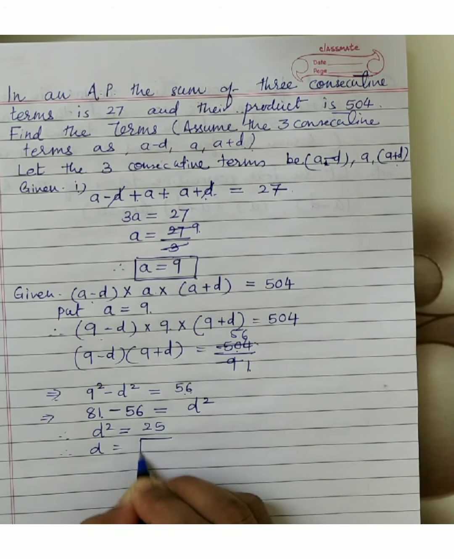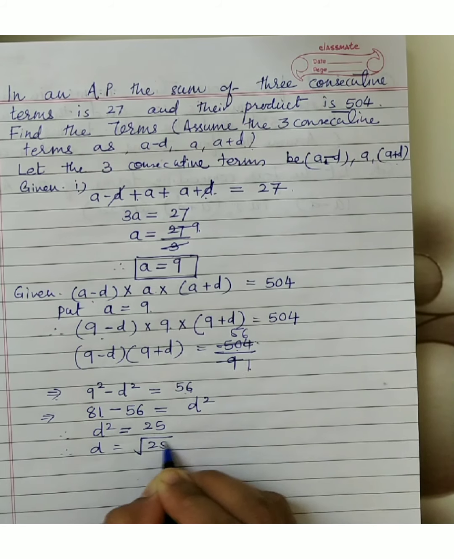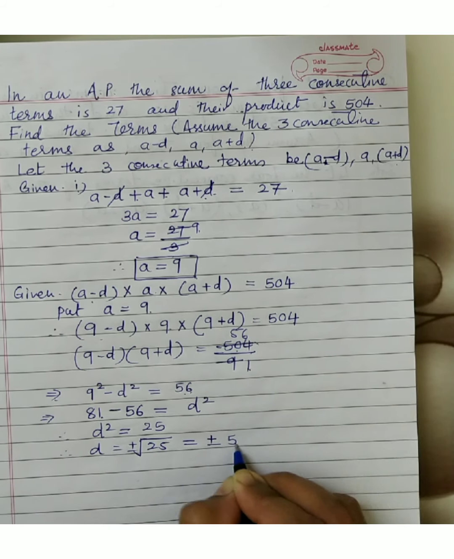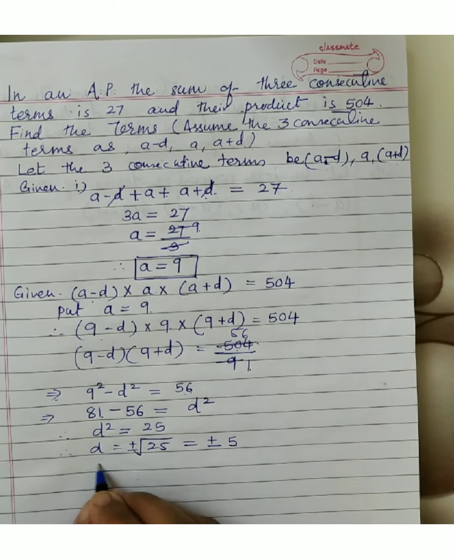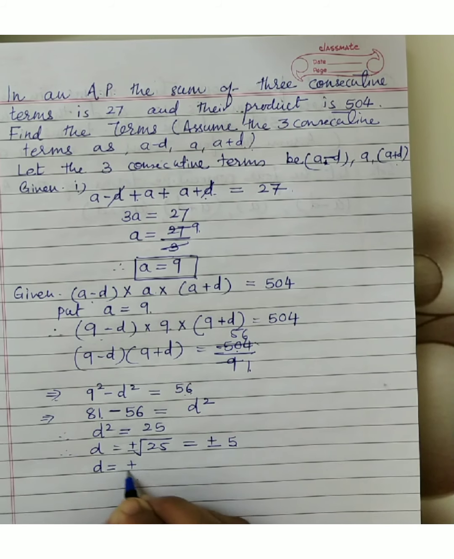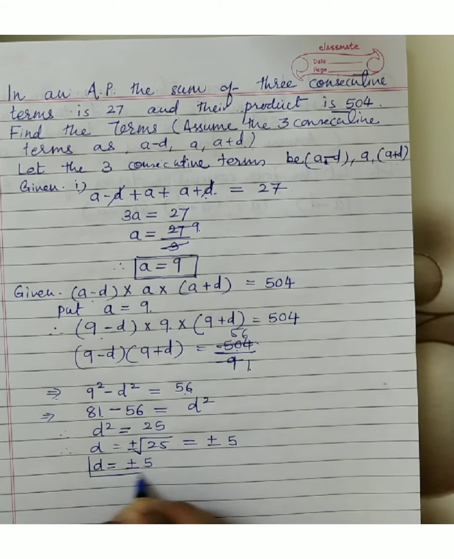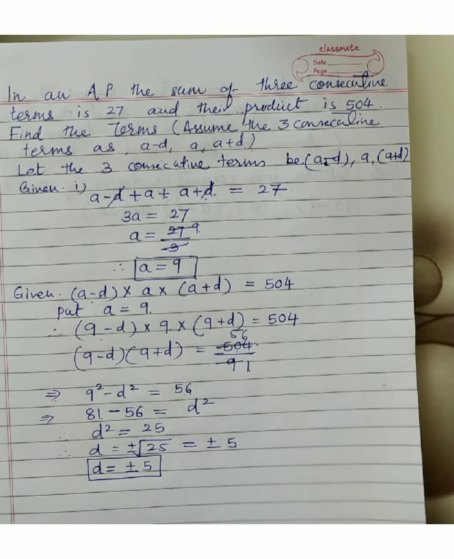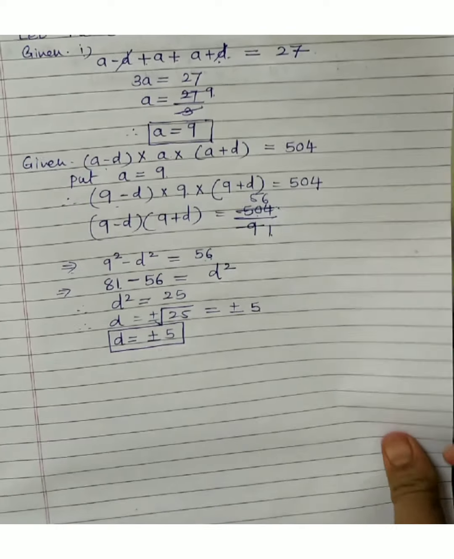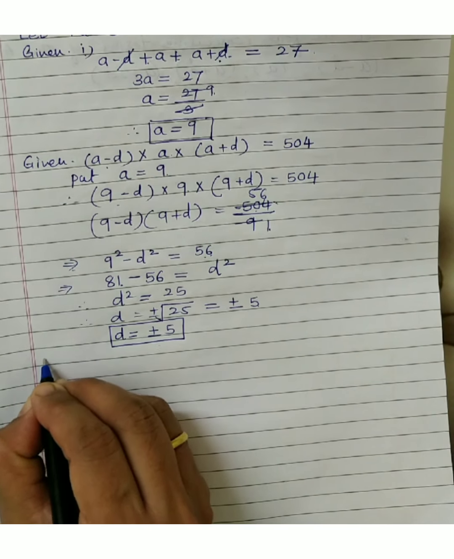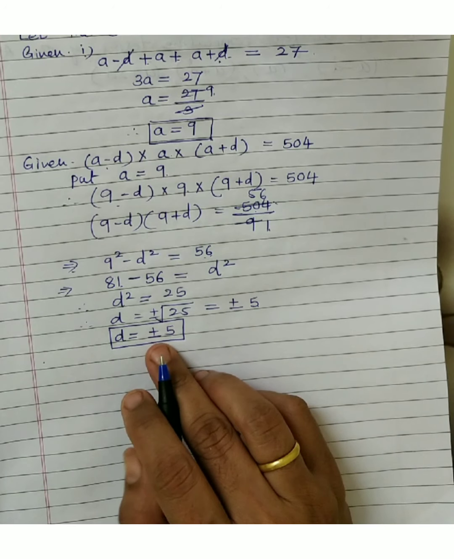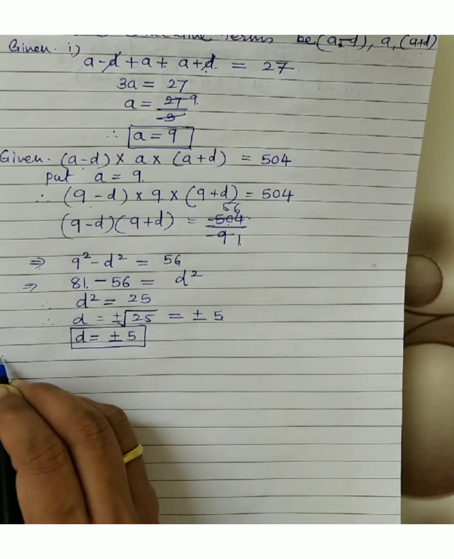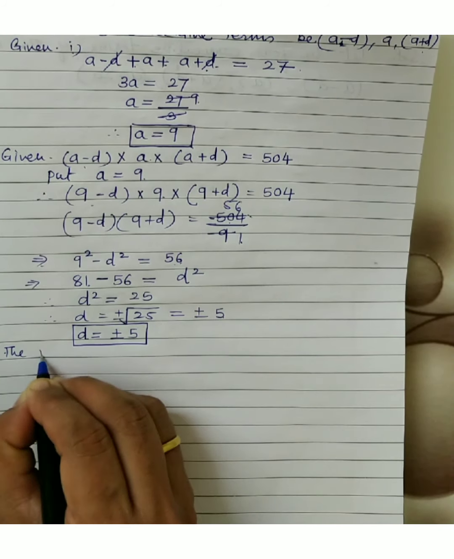So, what will be the value of D? D will be under root 25. So, what will be the answer? Plus minus 5. So, you have found A is equal to 9 and D is equal to plus minus 5. Once you know the value of A and D, the three terms can be found easily. But you have to remember D can be taken as positive as well as negative. So, first I will take D plus. So, the required terms are